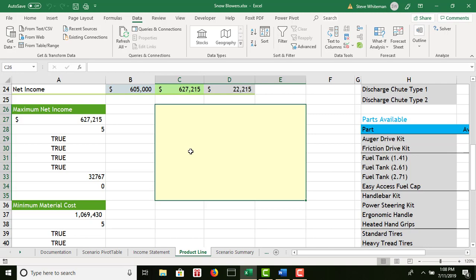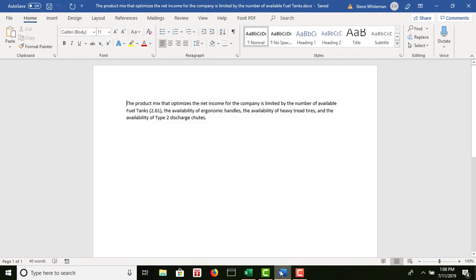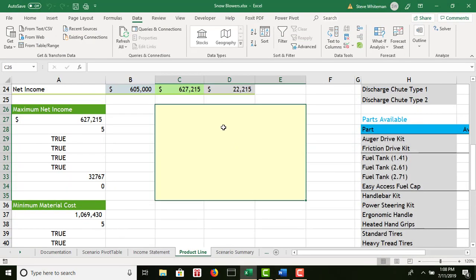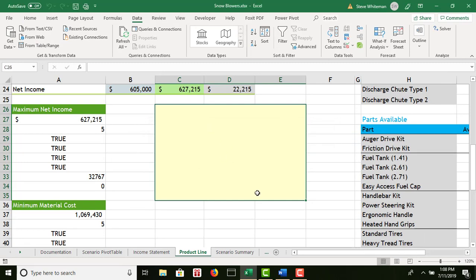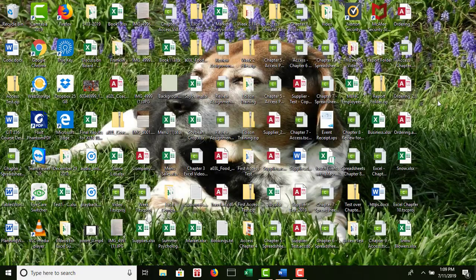I'm cheating, to be honest with you. I've already written something up in a Word document. So I'm going to simply open up my Word document and cut and paste it into the comment area there. Okay, apparently it's not going to like that. But anyway, I would type a comment in here of what I thought the reports were saying. I'm not going to be too concerned about that in creating your homework, to be perfectly honest with you. Okay, I'm going to save this, and I'm going to close it, and I'm going to stop my recording